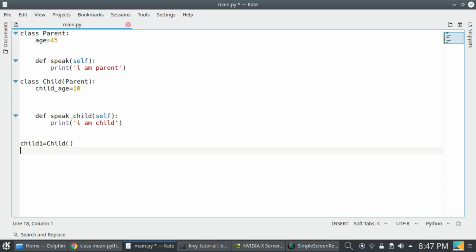So now we can access the speak method from the parent class, as the child class has all attributes of the parent class. So I can call child1.speak.